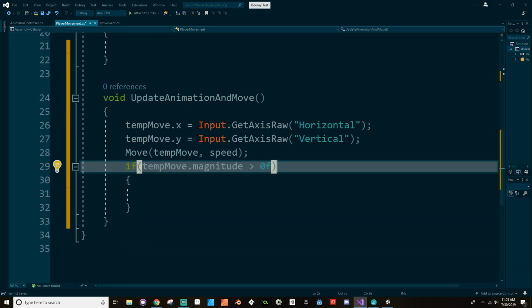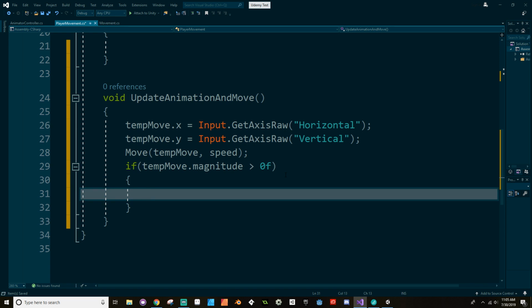I think I want to use an epsilon here. Let's leave it as 0f for a second because I need to look up how to do epsilon because I forgot. So tempMove.magnitude, meaning if we're moving, then we want to do